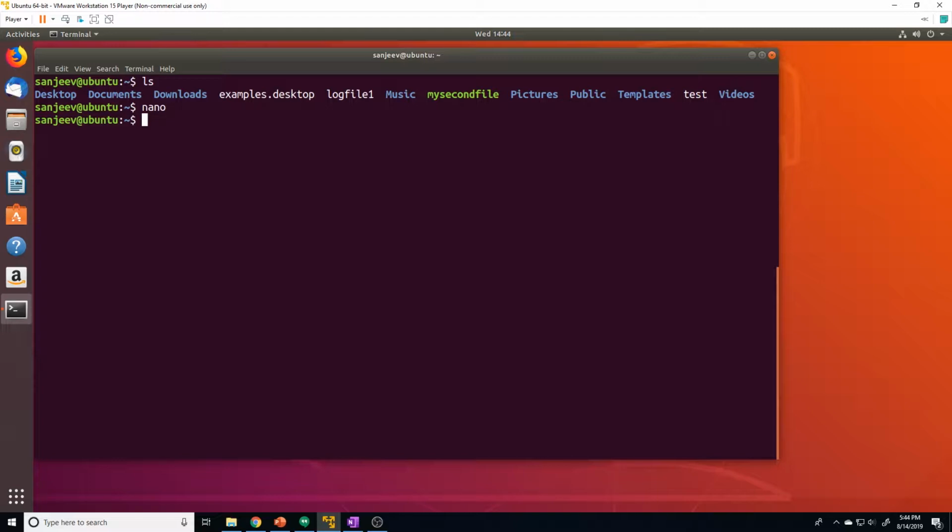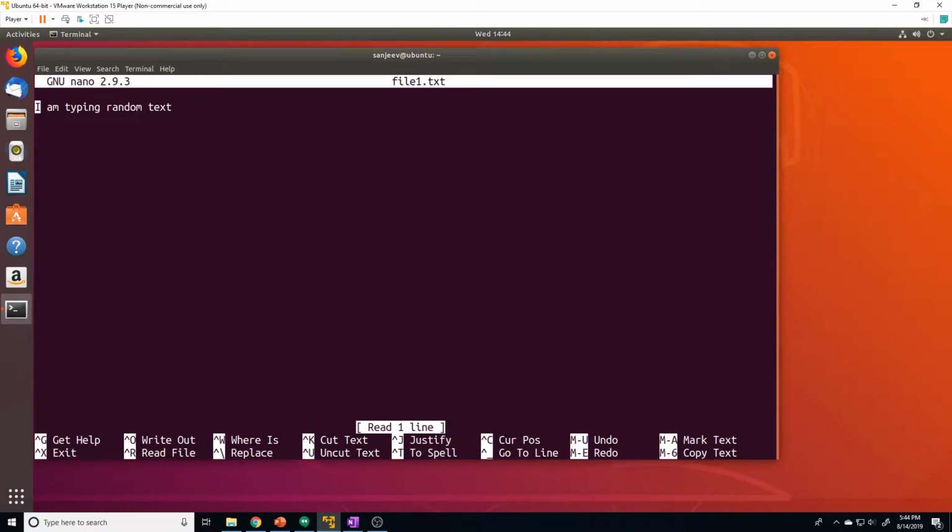So now if we want to reopen this file, just do nano and then the file name. If we look at ls, we can see we have file1.txt, and we can open that file back up, and you can see the text that we created. Now if we go down a line, and by the way, to navigate in Nano, it's just the arrow keys. It's very simple. Press enter to create new lines. It's just like any other text editor. So if we just type in a few more words,